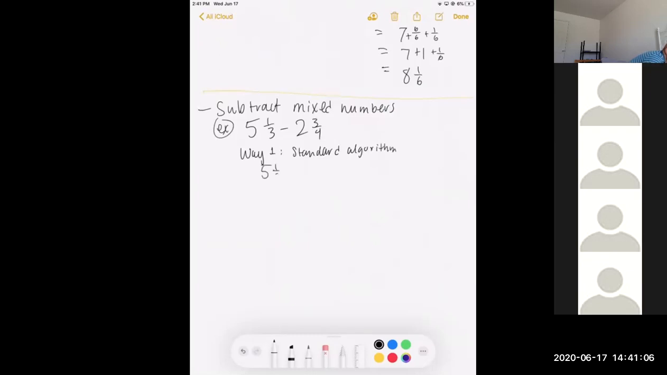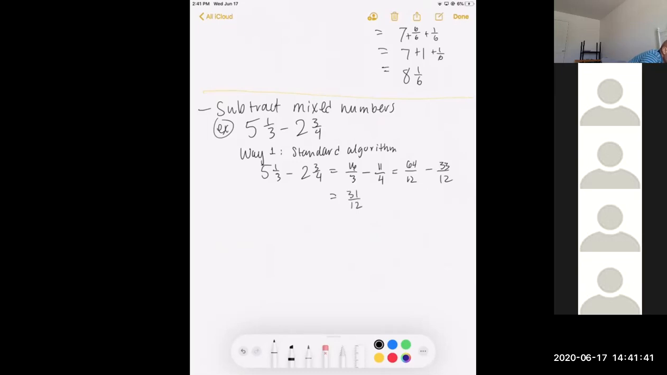So 5 1/3 subtract 2 3/4. That's equal to 5 times 3 is 15 plus 1 is 16/3. Subtract 4 times 2 is 8, 8 plus 3 is 11, so 11/4. We get our common denominator of 12. Then 3 times 4 is 12. 16 times 4 is 64. 4 times 3 is 12. 11 times 3 is 33. And so our 64 minus 33 will give us 31